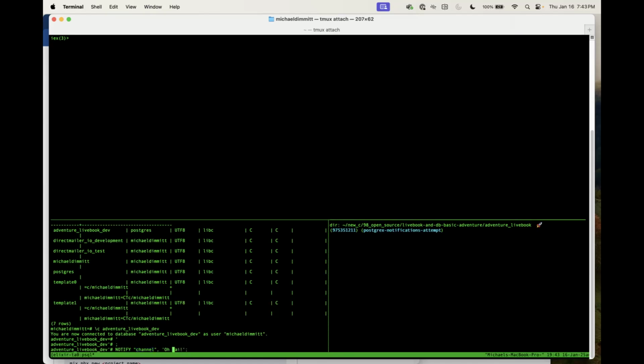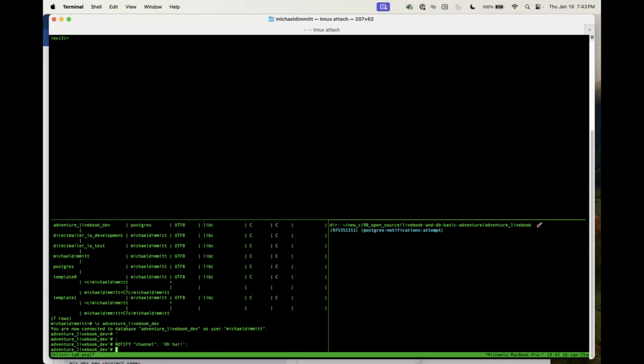And this parameter is in fact called a channel. So I could say foo, I could say whatever I want. In this case, the Phoenix application is looking for channel in the Postgres setup, and I'm sending a message, oh, hi. So I hit that, and